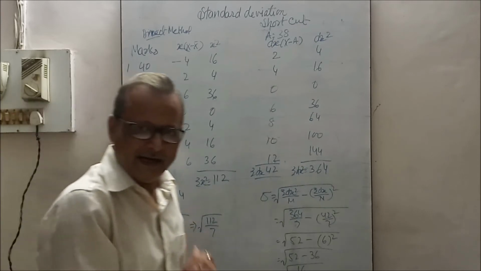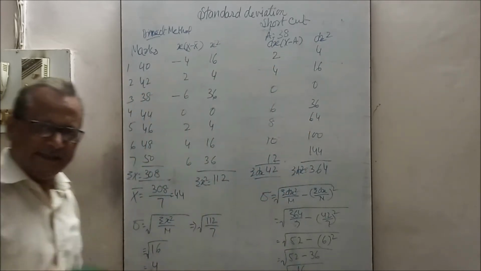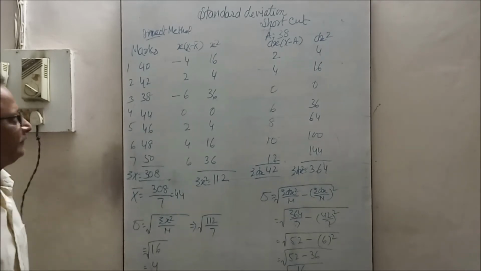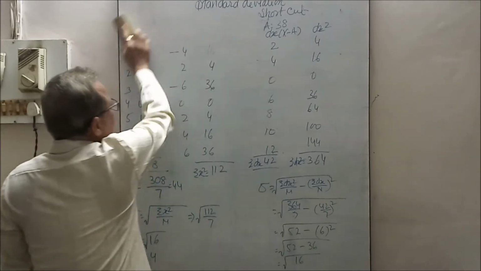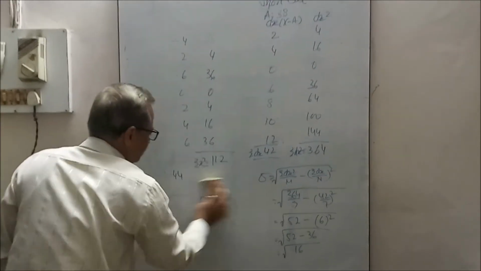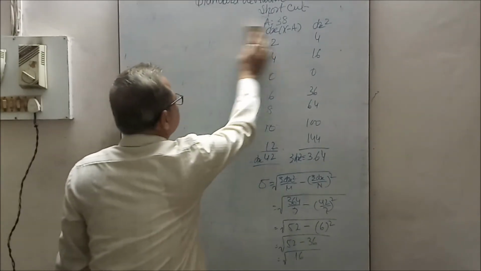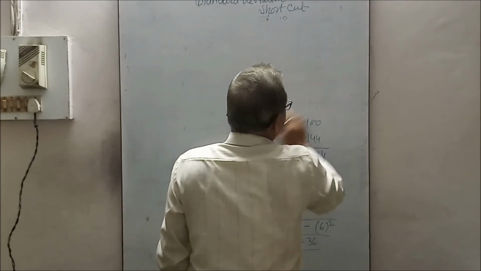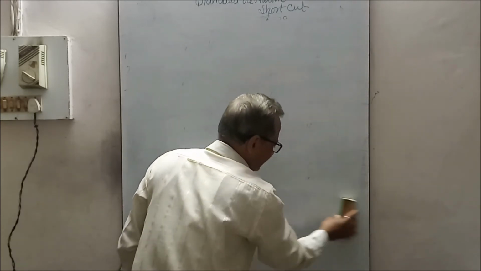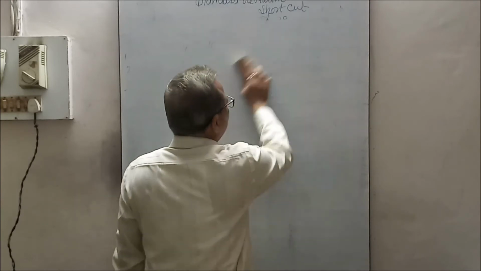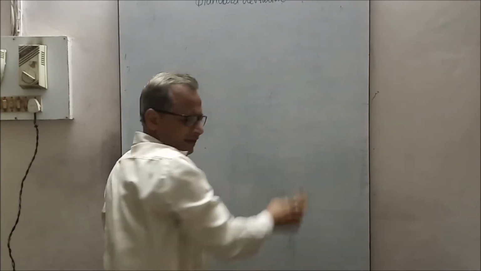You learned this in the individual series. Now we will see how to solve in the discrete series. See, in the discrete series there are frequencies. We will take one question, learn how to use the formula, and then apply it while solving. This discrete series is given in your book, example number 13.